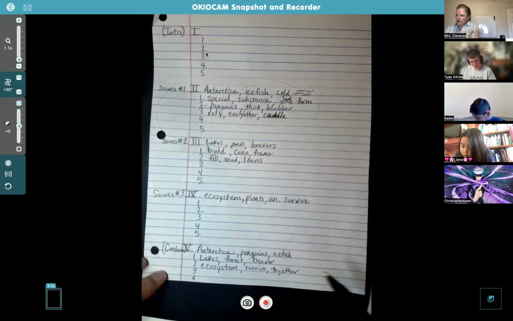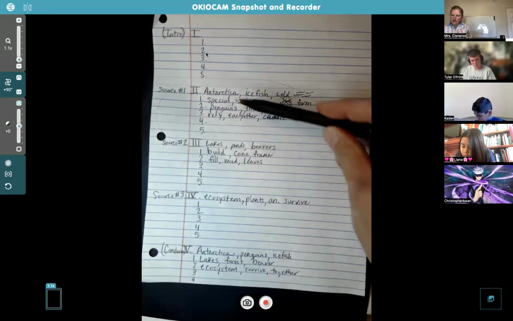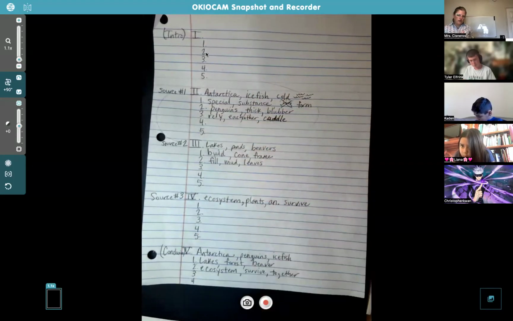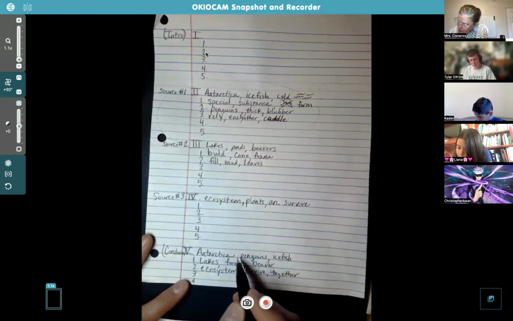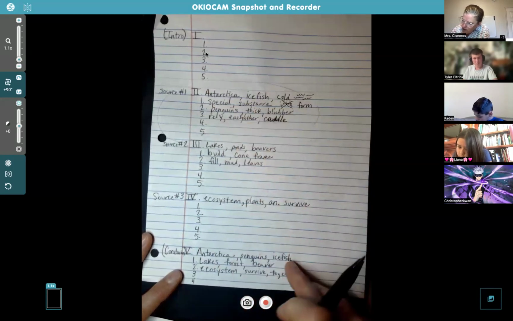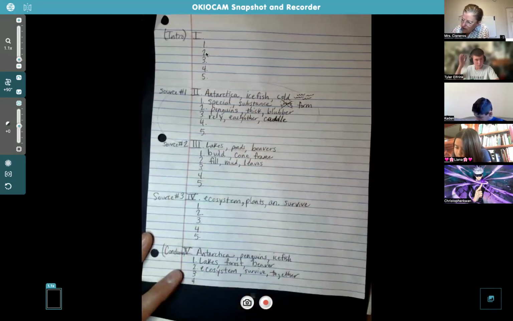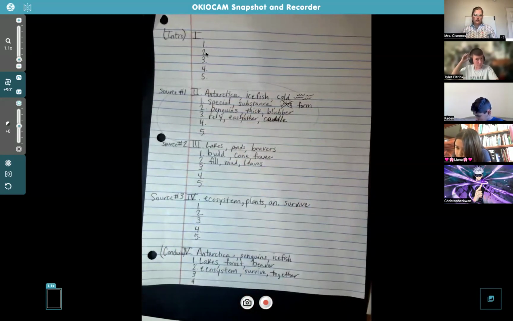So do you see that pattern? For the first 3 here, you're gonna copy something from each one of those paragraphs. You're restating it. Because we talked about Antarctica in that first one, and I talked about beavers in the second one. I put forest in here too because I might use that. You want to change it up a little bit. You don't want to copy the same sentence.